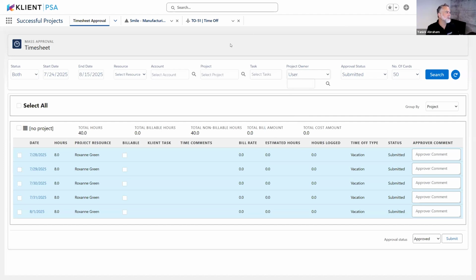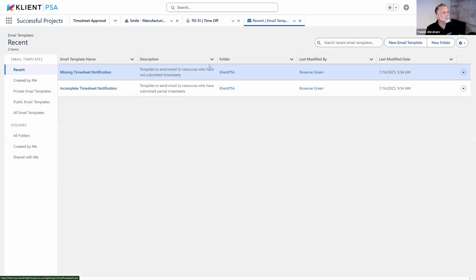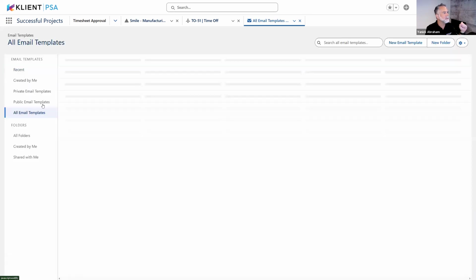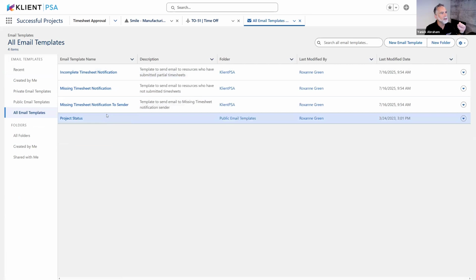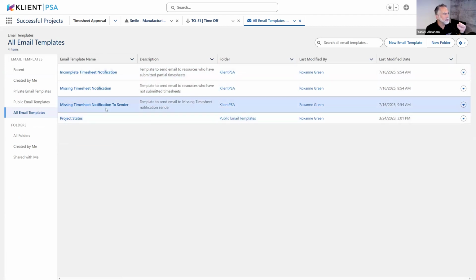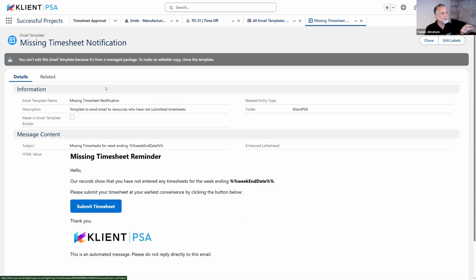And the other one, I know our customers have been waiting for this, to be able to configure all those email templates we're sending out. So the first step was to introduce email templates in the Lightning format. Salesforce changed the email templates a while back, but we were still operating on classic emails. Now we've introduced email templates. As you can see, there are 3 of them regarding the missing timesheet. In that first iteration, we've improved the look and feel of that email template, and we're using the new